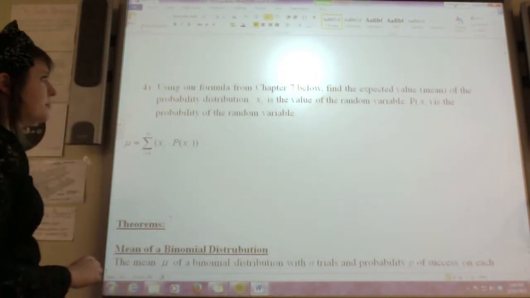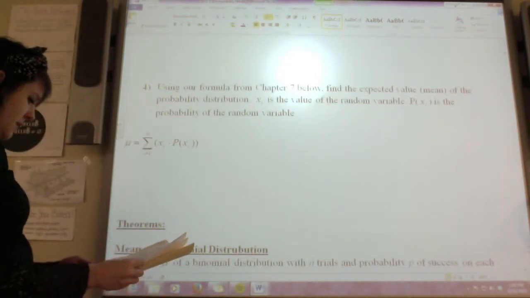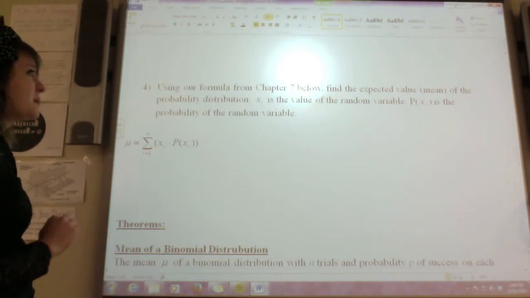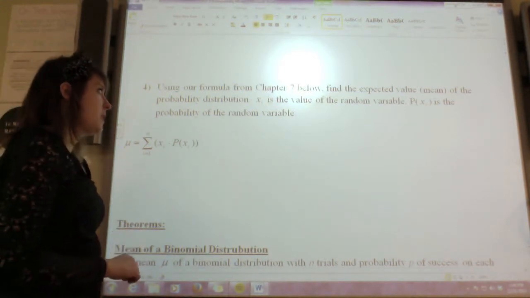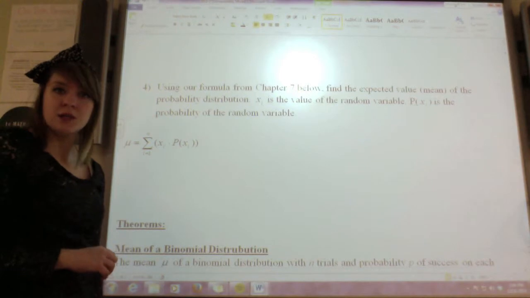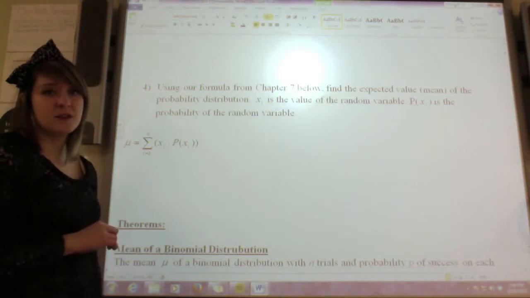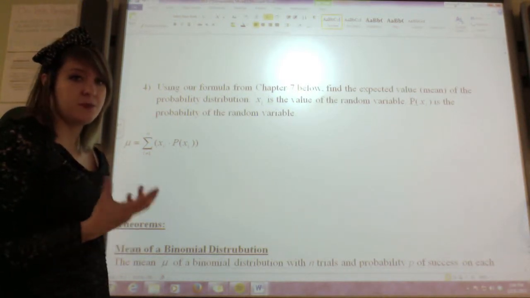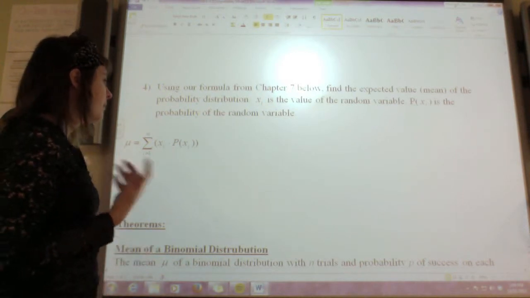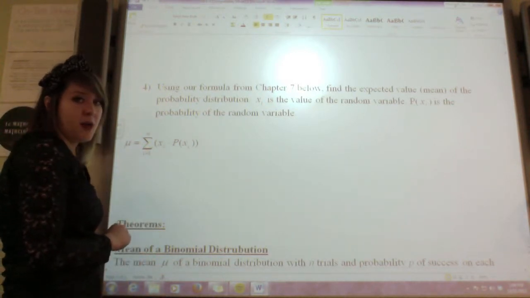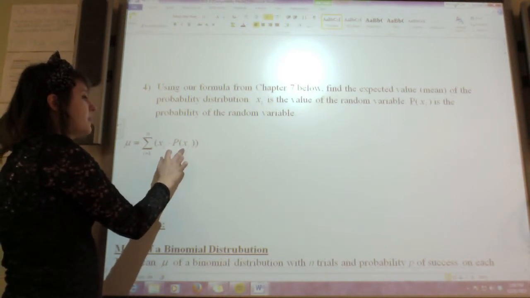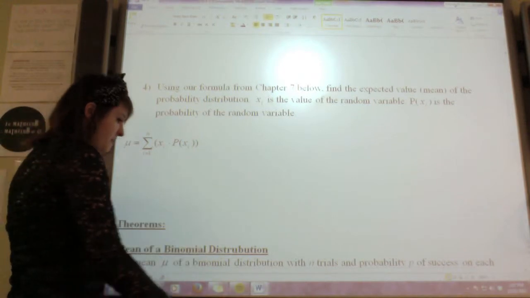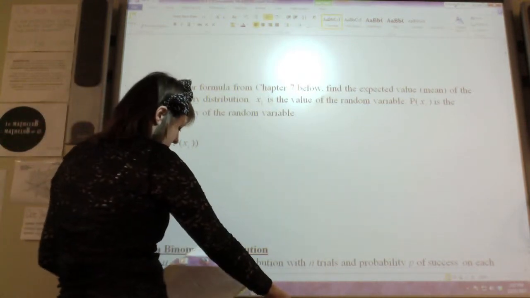Okay, using our formula from chapter 7 below, find the expected value or mean of the probability distribution. Remember that x sub i is the value of the random variable, p of x sub i is the probability of the random variable. So again, we're finding that expected value that we found back in chapter 7, and the formula looks nasty, but it's really not that bad because we're just taking each of our random variables times our probability of that random variable, and then we're adding them all together. So looking back at my table,